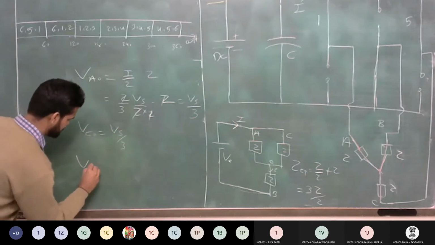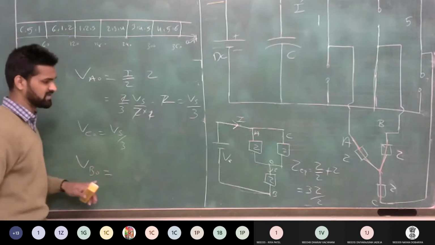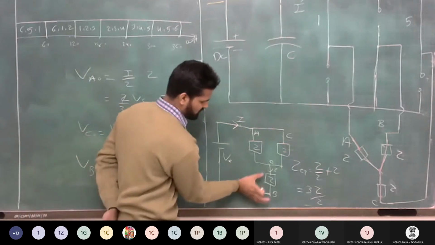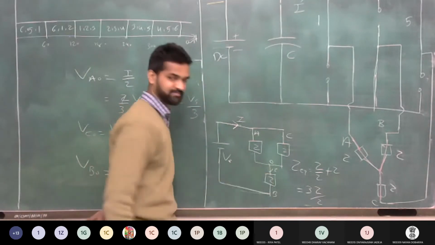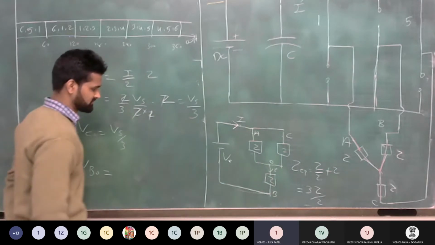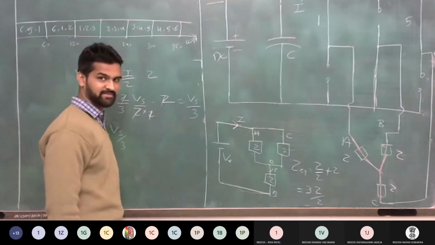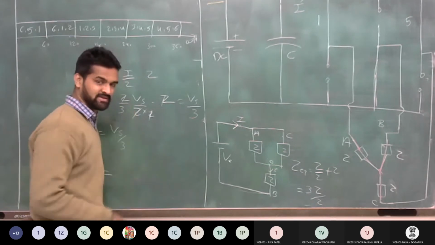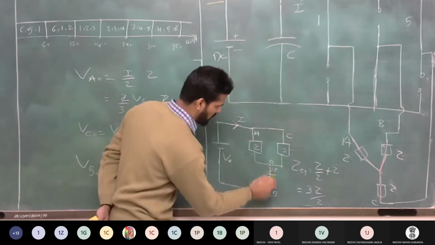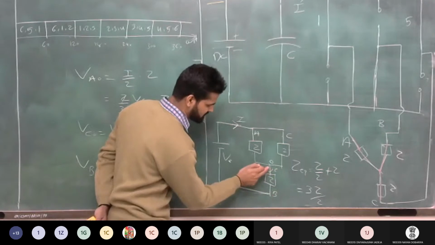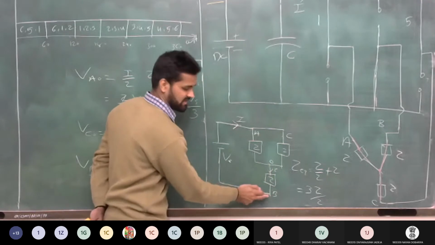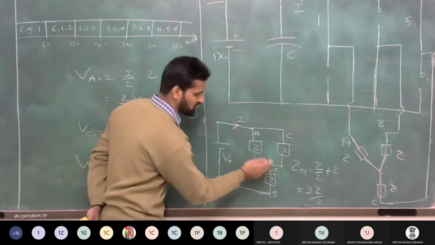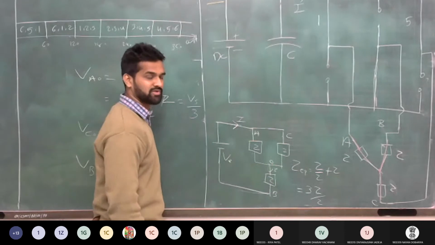Now what is phase B voltage? VBO. Now this one is the voltage across B and O point. 2 Vs by 3. Is it right? Yes. See, here we are moving from O point to B point because the direction of current is what? O to B. Here we measure the voltage B to O. Now give the answer.